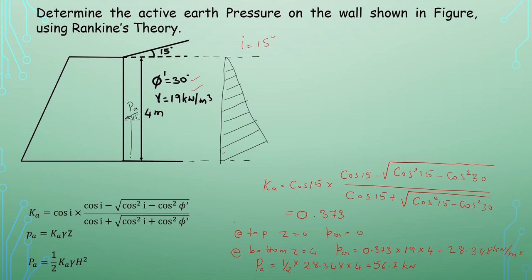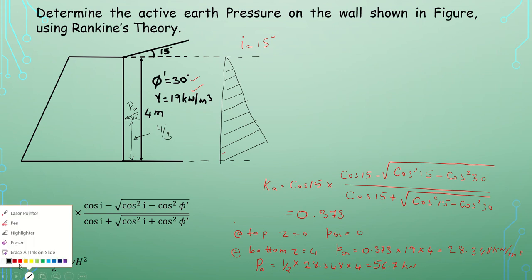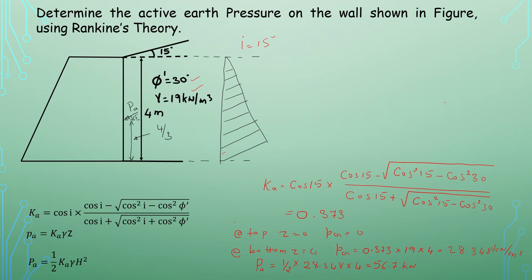Now this distance will be, this is a triangle shape, right? So that distance will be 1 by 3 of height, that is nothing but 4 by 3. Therefore what we can tell is,